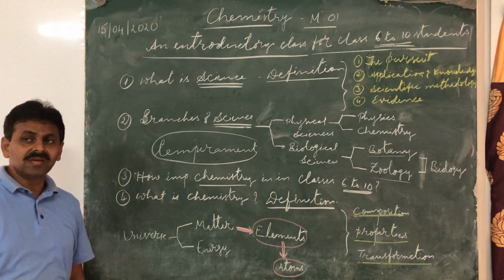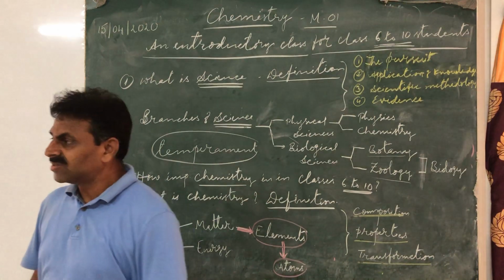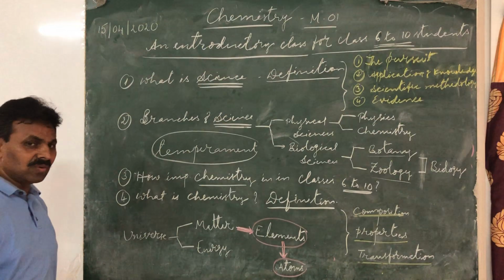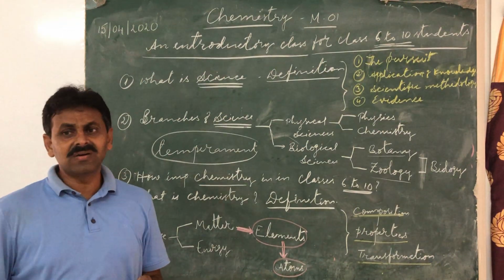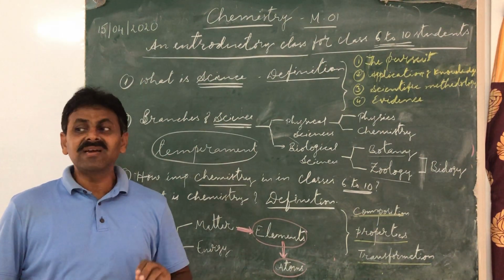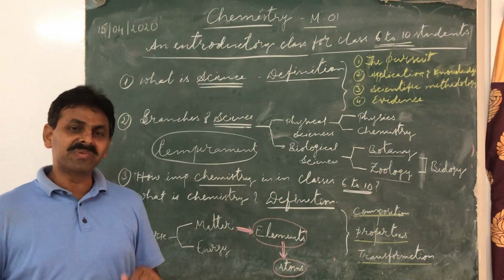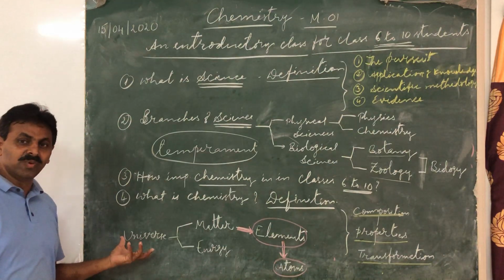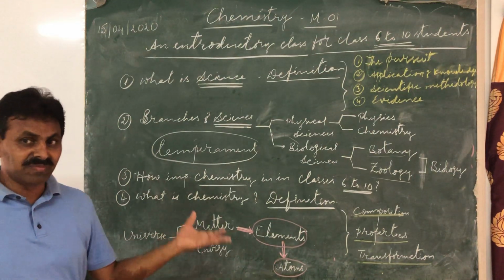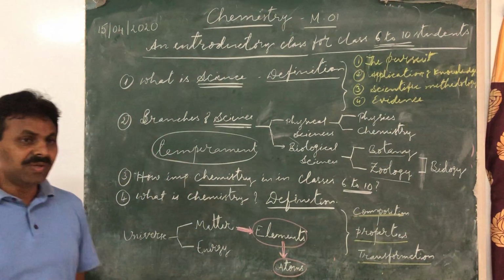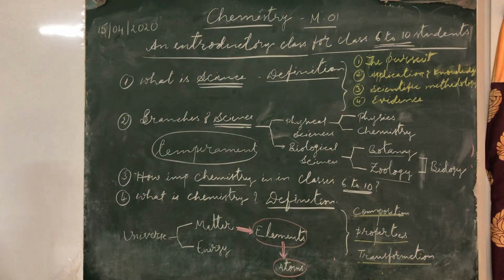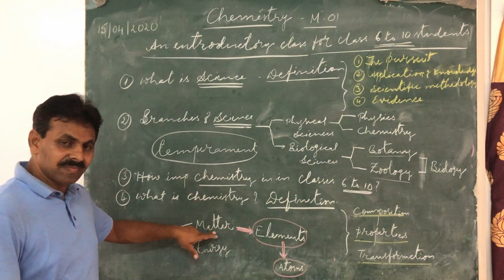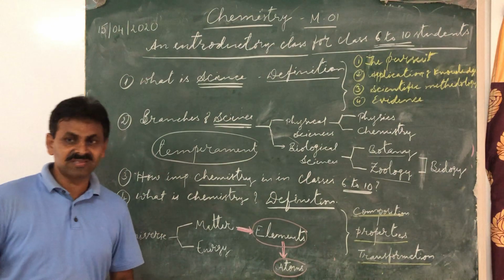Now children, before we start with any chapter of chemistry, we must know some basic idea about a few technical terms pertaining to chemistry. See, we all know about the universe. Universe means Vishwam in Telugu. The universe consists of what? There are only two things present in the universe: one is matter and another is energy.